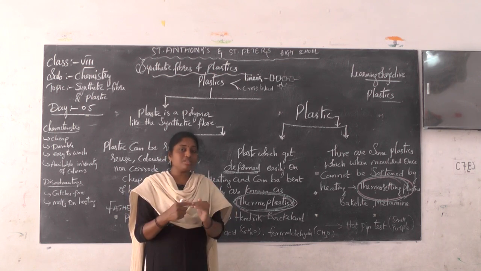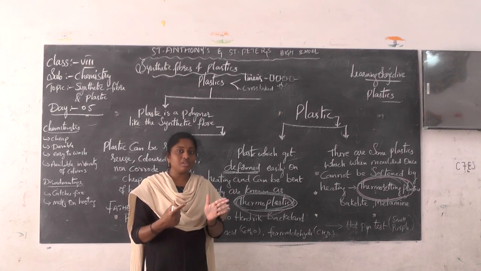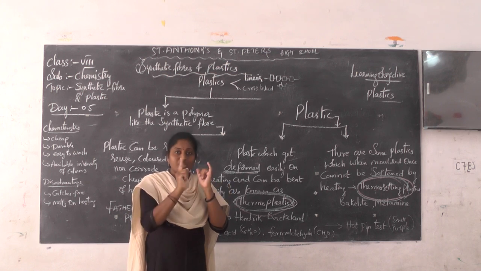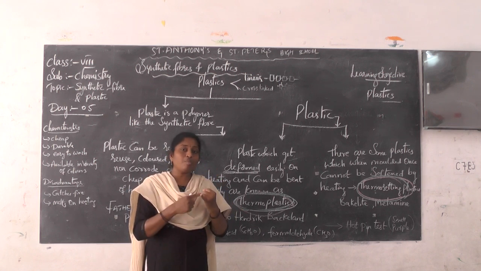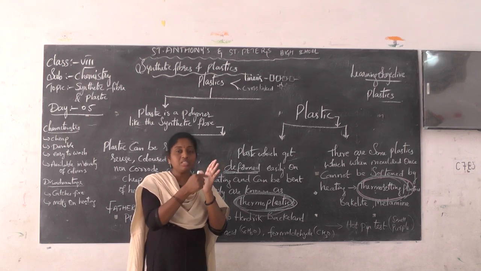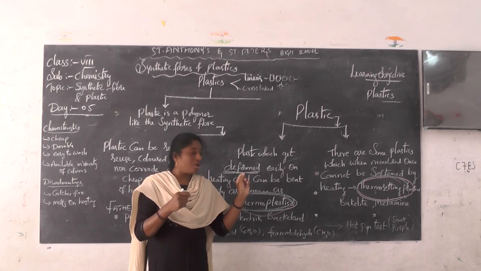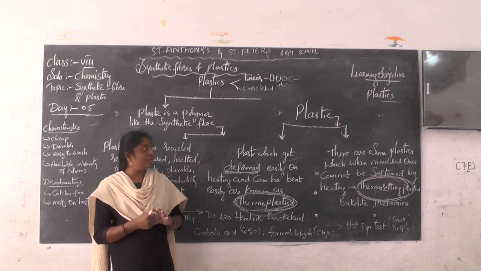So what is this test called? The hot pin test. In this test, what do you observe? First point, the hot pin does not penetrate to the other side. Second point, you observe an acid smell coming out. Third point, the place where you placed the pin changes into purple color. These are the three things we observe in the hot pin test. So this is about today's section.